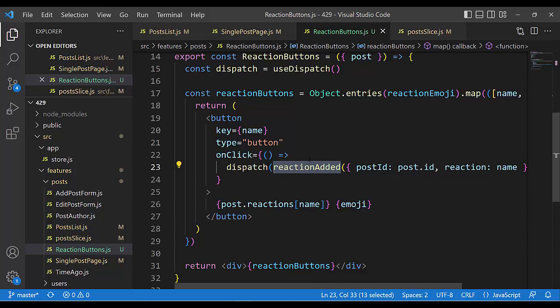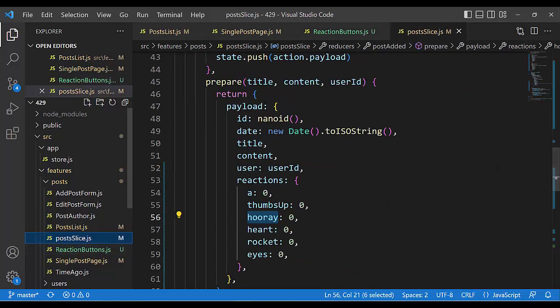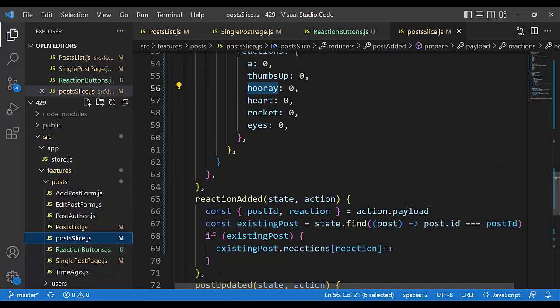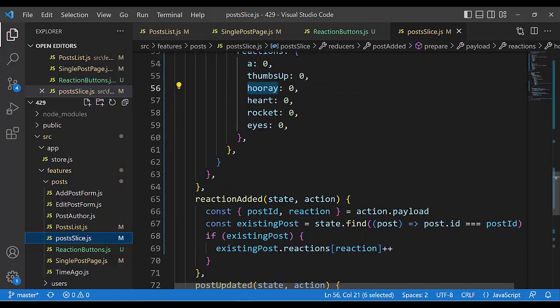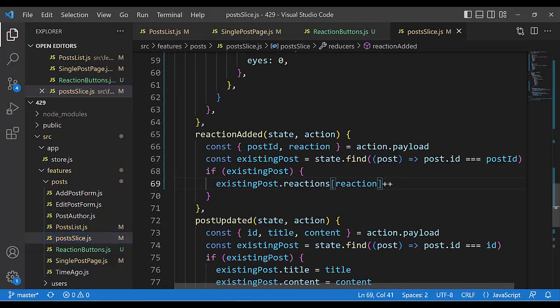For this payload we have +1, but here in post slice, I repeat again from other videos, this kind of change of payload is mutable, ++, but it is possible because